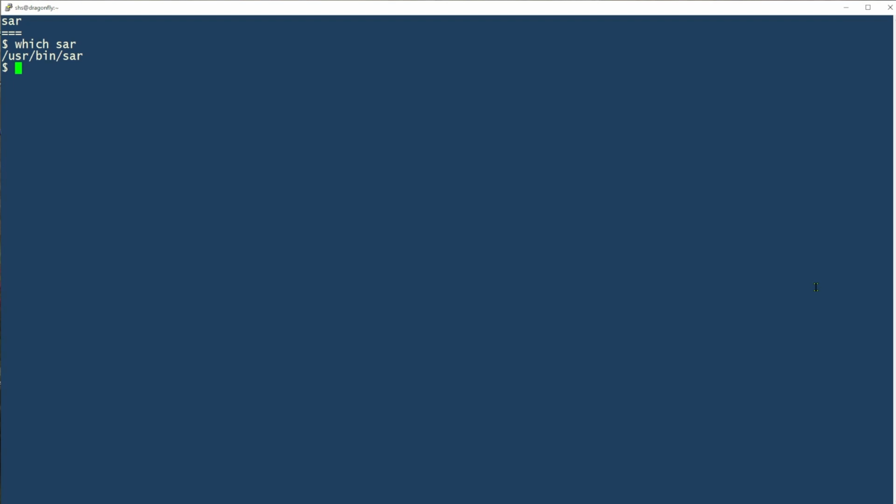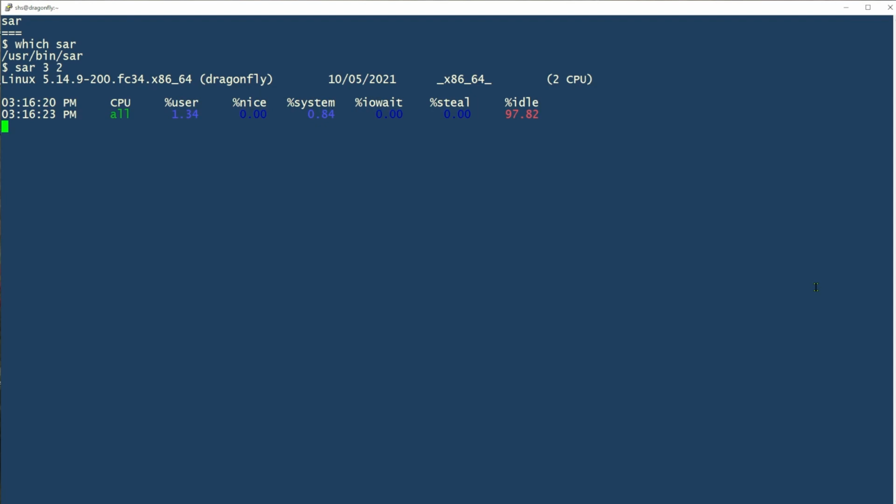So if we just type sar, we're going to get an ongoing list of details about our CPU usage. But I'm going to do something different here. I'm going to get, let's see, 2 3-second reports, so we don't have to wait too long. And there we see the first report and the second, and we can see from the column headings we're looking at all CPUs. User time is very small, system time is even smaller, and the system is idle about 98% of the time.